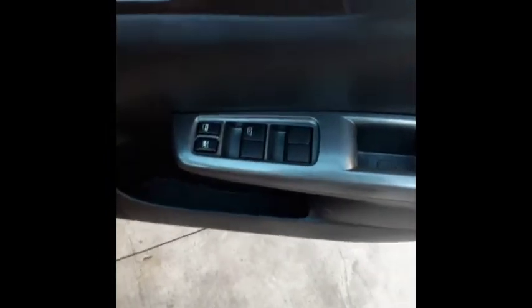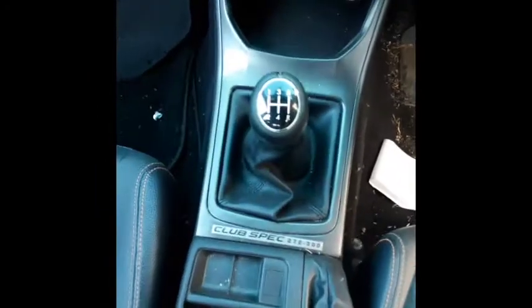We have the driver's side door trim, power window master switch. This vehicle is fitted with black leather interior. Has the orange WRX embroidered in the seats, Recaro style seats. We have a 5-speed manual gear shifter,